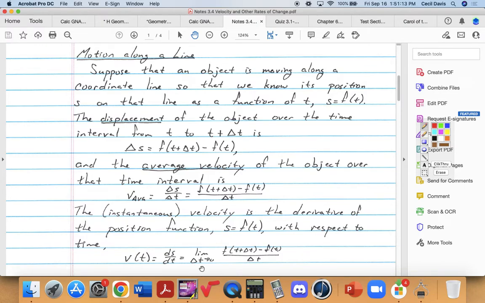But if we take the limit as delta t goes to 0, now we've got the derivative, and so now we have the instantaneous rate of change, which is what differentiates calculus from prior math classes. Now we can find instantaneous rates of change, which we couldn't find before. All right, so